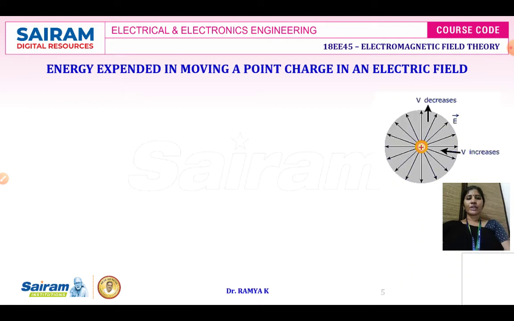Energy expended in moving a point charge. Consider a point charge at this place. If it is a positive charge, the field is going to be outward. If it is a negative charge, the field is going to be inward. When you have charges around it, there will be a field. The representation of the field is written as E vector. And the potential V: if you wanted to move the test charge against this field, then we need to do some work. At this particular point, as your field goes on increasing, you need to apply more and more potential if you are moving this point charge against the field.